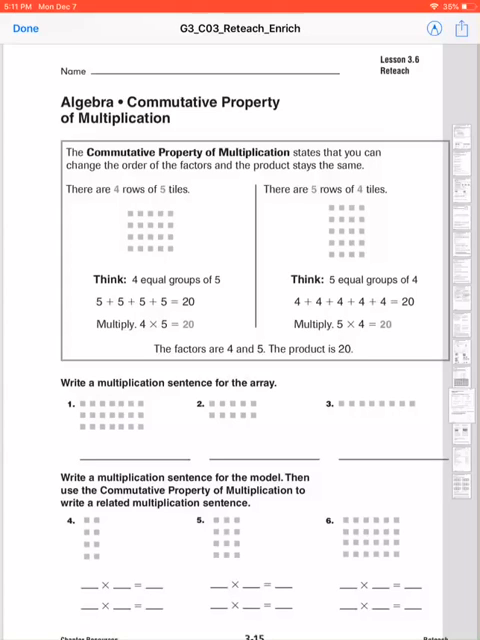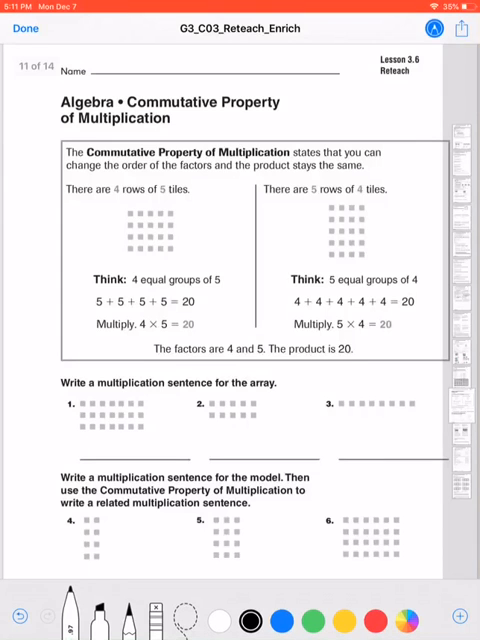We're going to do lesson 3.6 today. I'm going to teach you algebra, which is the commutative property of multiplication. So there's a huge vocabulary word in this. That is the